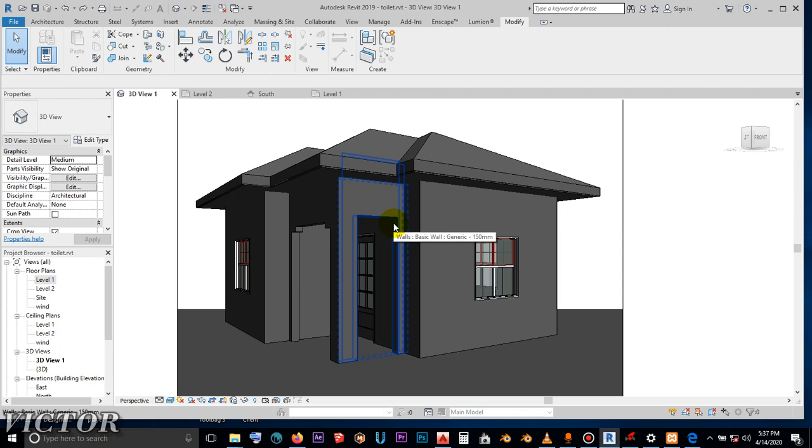Today I'm going to show you how to apply material to your building in Revit architecture. Now, for you to apply material in Revit architecture, you have to be in 3D view mode for you to be able to visualize your painting better. Now, once